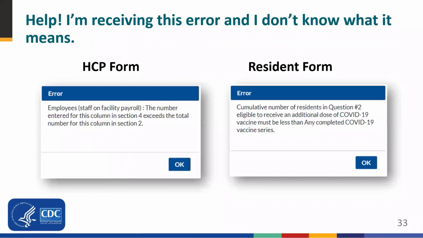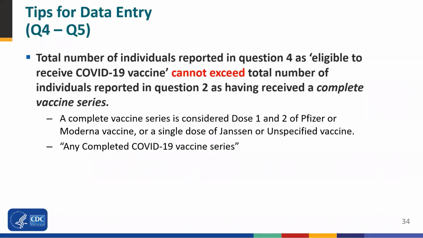A user will receive this error when the number of individuals reported in question 4 as being eligible to receive an additional dose or booster is greater than the total number of individuals reported as receiving a complete vaccination series. The total number of individuals reported in question 4 as eligible to receive COVID-19 vaccine cannot exceed the total number of individuals reported in question 2 as having received a complete vaccination series, as this is consistent with the eligibility